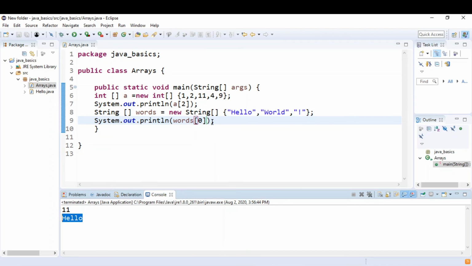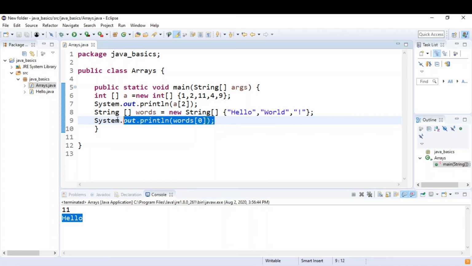We can do the same operations as with int in string, like we can declare and initialize at the same time, and we can initialize after the declaration also, right? I will show you that also. Let me assign it in a different way.